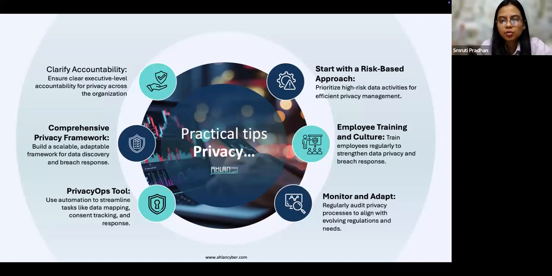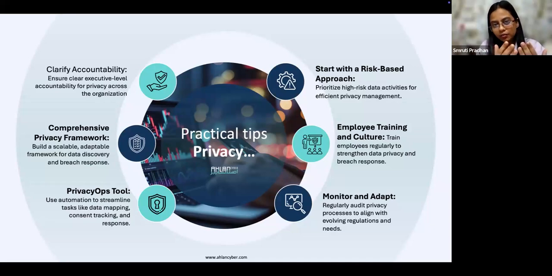A very important part of a privacy program today: if somebody is of the opinion that the data privacy office can handle the whole program, and maybe we don't require much involvement from the various business departments, no, that's not the case. Even though the governance will be taken up by the data privacy office, it is very important to have training and awareness programs running across the departments. Every department has a certain role to play, because at the end of the day, they are enabling the data privacy office to run the privacy operations. So employee training and cultural awareness on data privacy is very crucial to build the privacy by design culture within the organization.